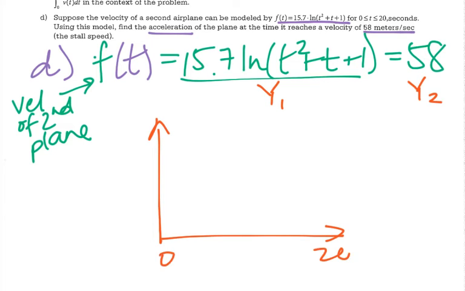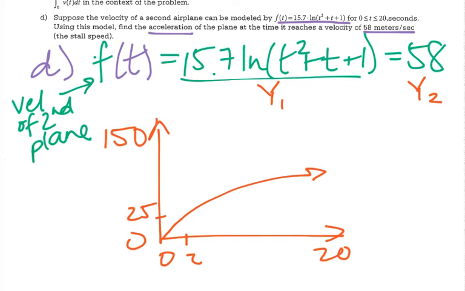I used a window of 0 to 20 for x and 0 to 150 on y, and a scale of 2 and 25. And I got a graph that looks like this. And then 58 comes in about here. So we can use second trace, intersect to find this point, and it is approximately